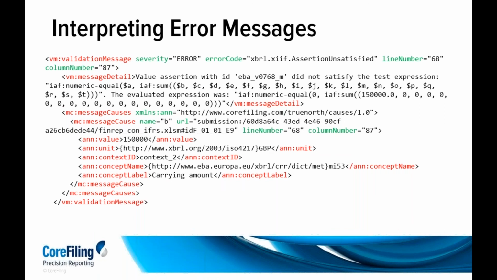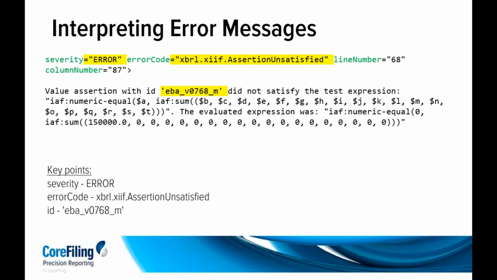So coming back to our error messages, we just discussed the formula validation sheet, and it's quite a technical document, not always the easiest thing to read. So coming back to another example, when you have a more complicated error message, this might be a bit more difficult to follow through than the simple existence assertion. So here is the full piece of XML that you might get for a more complicated failure. And although you can hopefully pick out the rule ID in the middle, you can see that it's not giving you a lot of information about which cells this was identifying. So again,